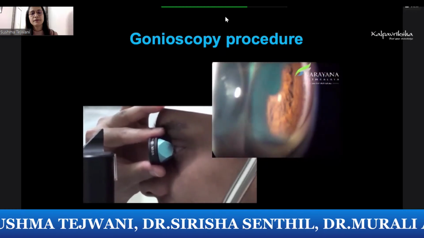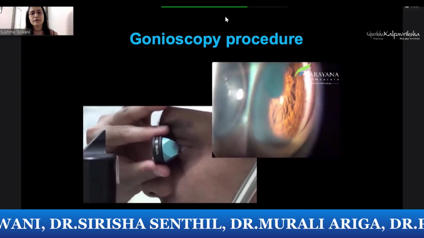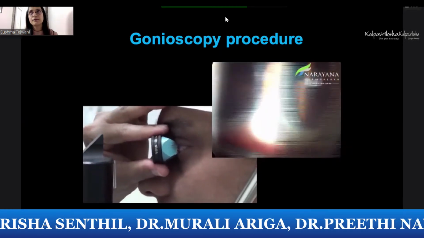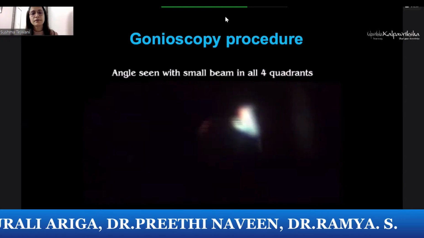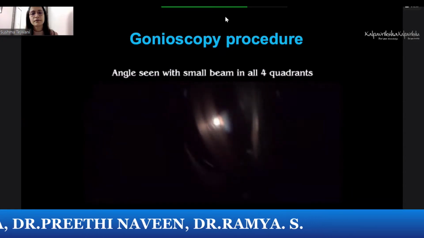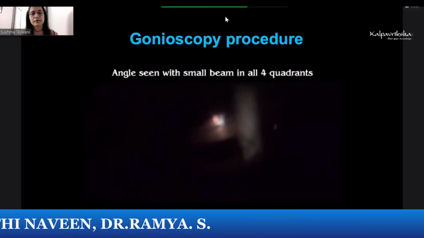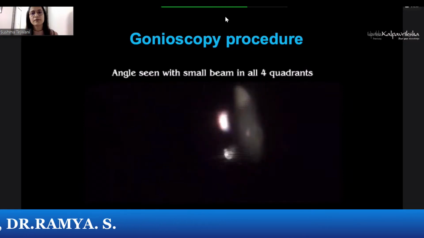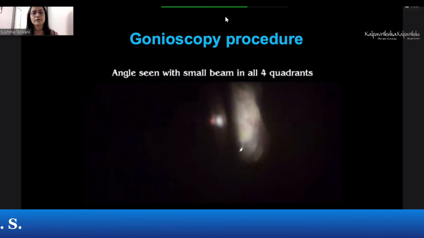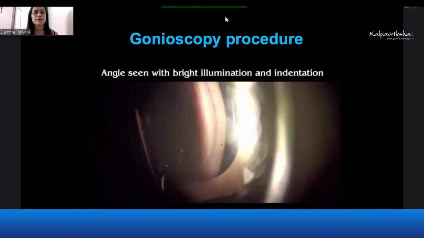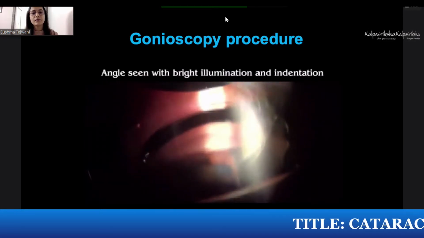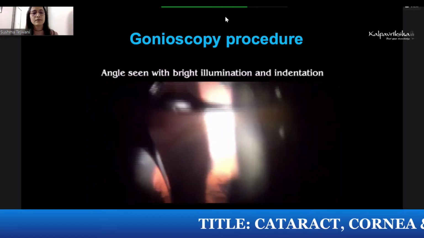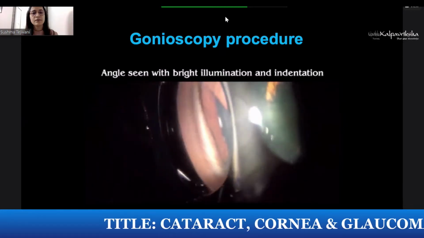The first objective of performing gonioscopy is to look at the occludability of the angle. Gonioscopy is first performed in a dark room with a small light falling on the angle so that the pupil does not artificially open the angle due to light reflex. Once the angle is observed for 360 degrees in this condition, the light can be increased and the slit beam can be enlarged so that the light falls on the pupil and opens up the angle.